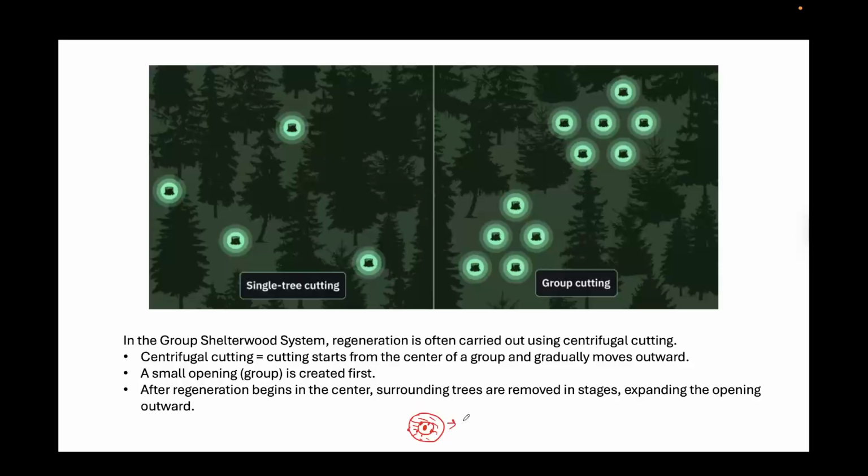So this is a group shelter wood system, as correctly mentioned in the diagram above here. So you first start with one crop here, let's say this, then you centrifugally cut around it in a concentric circle, and when the crop regenerates you cut around again one more circle and allow the crop to regenerate. So this is a silvicultural practice to regenerate a forest stand where the stand is cut